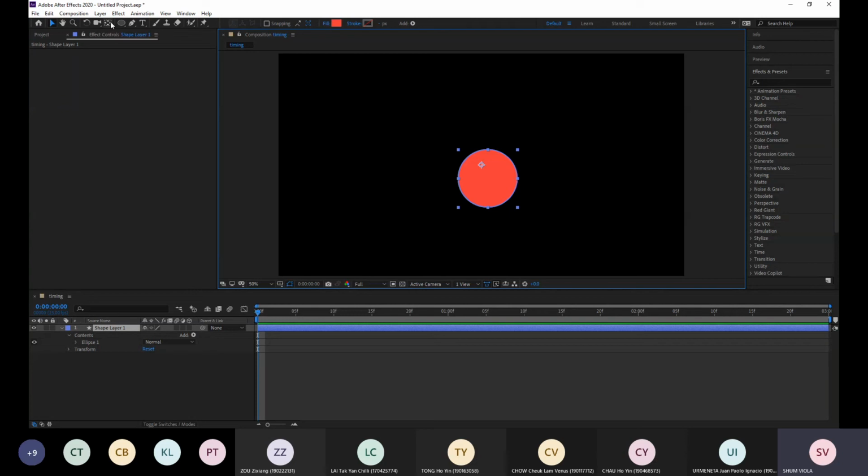I need to move the center point back to the middle. I can use the tool on the left-hand side, the Pan Behind tool, the tool on top, and then move the center point back to the center.